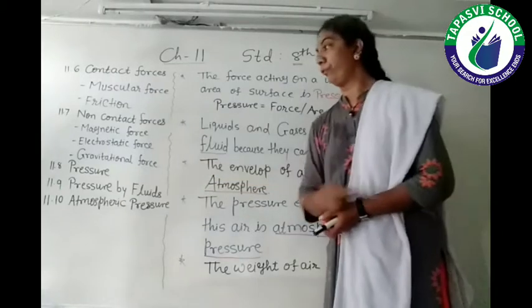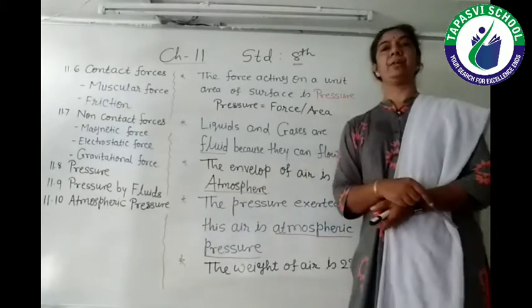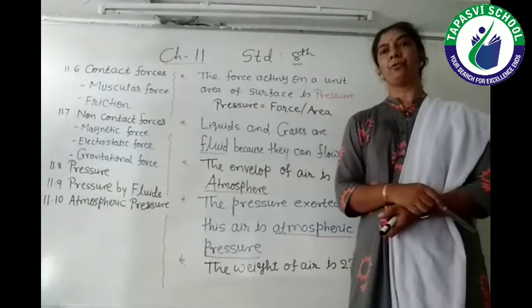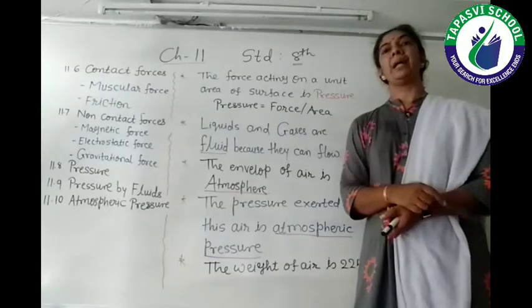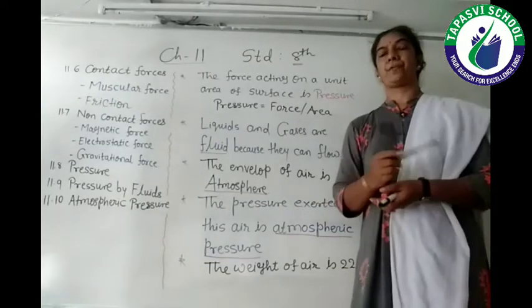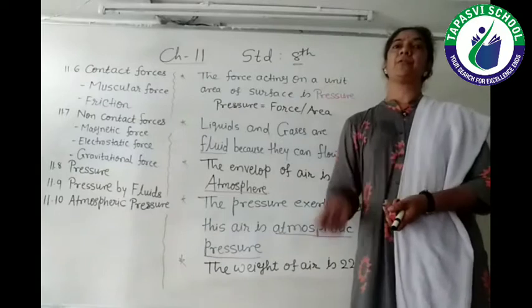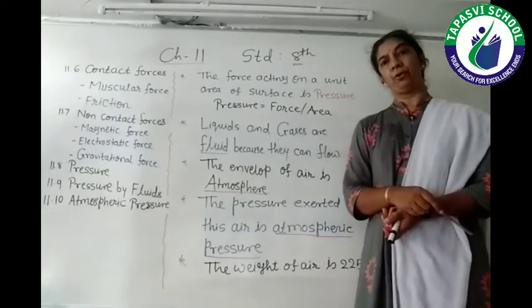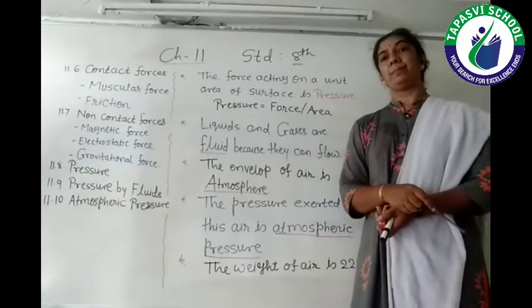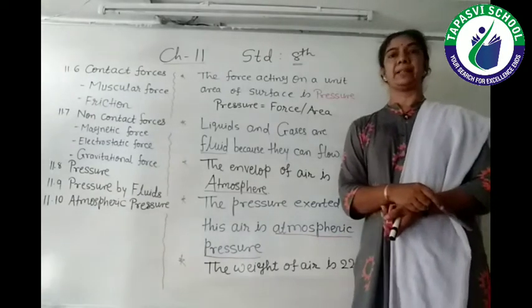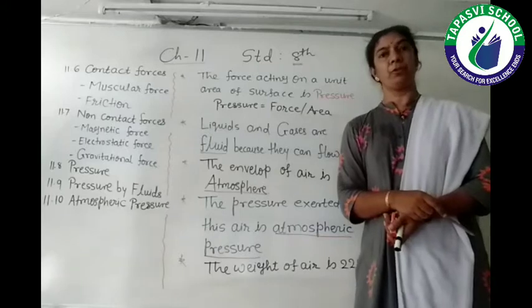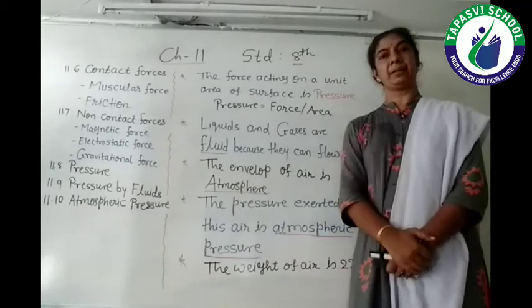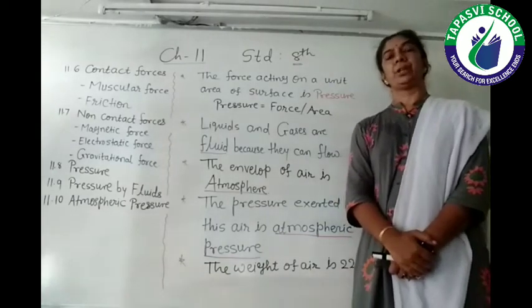Third type of force: whenever an object is released, it could be a fruit from a tree, it could be any object which slips from our hand, everything falls on the earth, on the surface of the floor. How does this come true, or what happens in that situation, from where is that force coming? So that force is given by the earth, and that's why that force is known as the